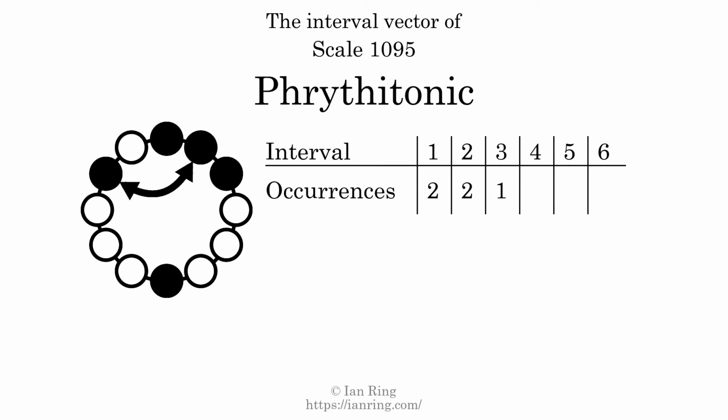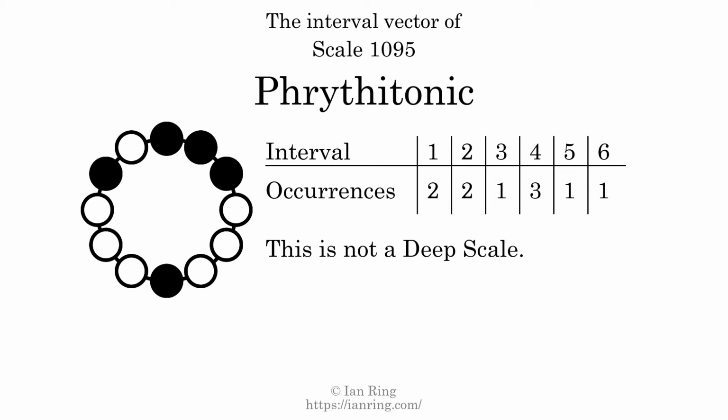It is here. There are 3 intervals with the size of 4 semitones. They are here, here, and here. There is 1 interval with the size of 5 semitones. It is here. There is 1 interval with a size of 6 semitones. It is here. Each interval does not appear in this scale a unique number of times, so this is not